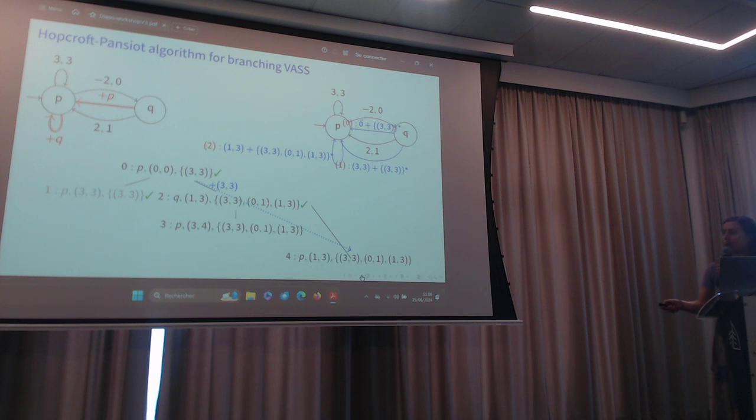One parent, which is also a parent in the tree, somehow the main parent, which is node 2. And there is a second parent, which is here node 0, because I went through the transition 0. And one important point that I forgot is that in some situations you could have the set of periods